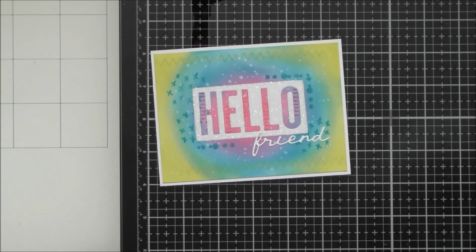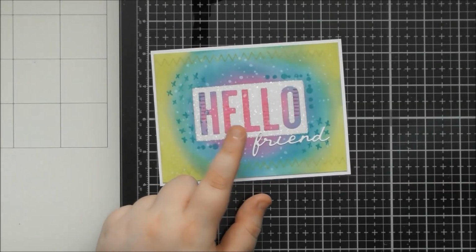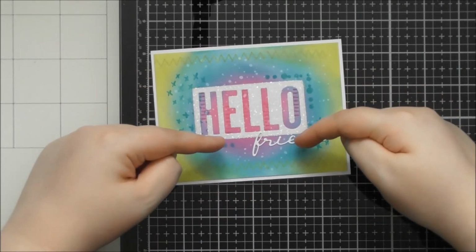And so what I did, well, first I was thinking, oh, I could use masking paper or post-it notes or something to mask off the sentiment. But then I thought, well, people already know how to do that. It's kind of a more obvious technique. So then I thought, what about adhesive sheets? So I cut the word hello from the adhesive sheet, and then I just trimmed around the edge of it